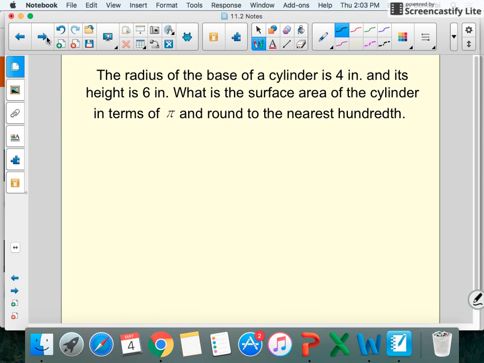Now we have cylinders. So this first one, we have to draw the picture. It says we have a base that has a radius of 4 inches, and the height is 6. It wants me to leave my answer in terms of pi, so I'm not going to multiply by pi. My first thing, I want to find the area of the bases. That's going to be this circle and this circle. So there are 2 circles, so I'm going to take 2 times my formula for the area of a circle,